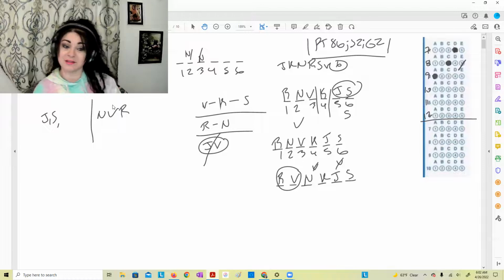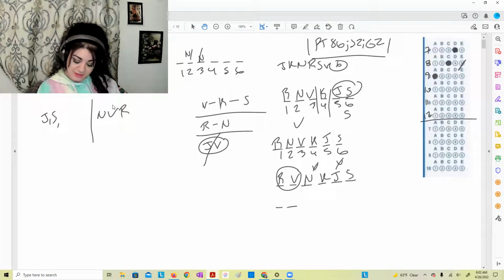I don't see why not. As I look at the master diagram, it doesn't look like it would be a problem. I could actually test it out. K and then S, and V would go anywhere before it. N could be on either 2 or 3. Let's try it with